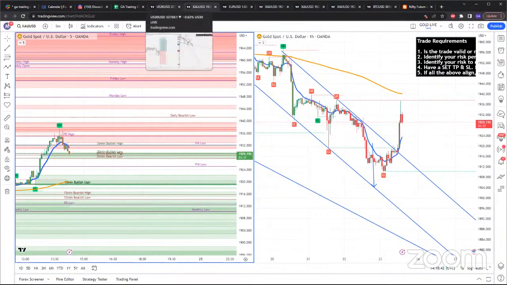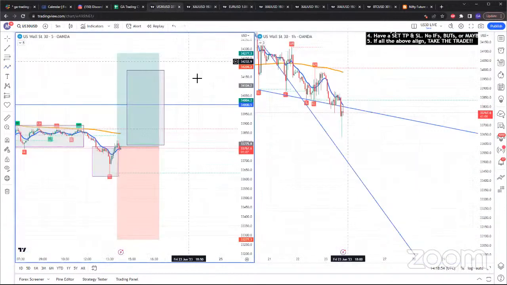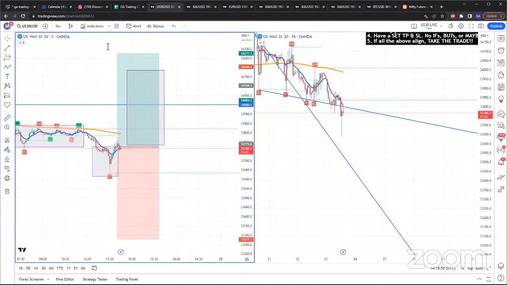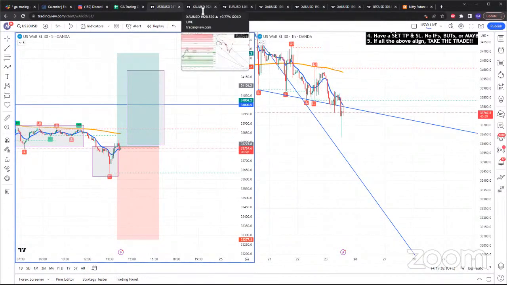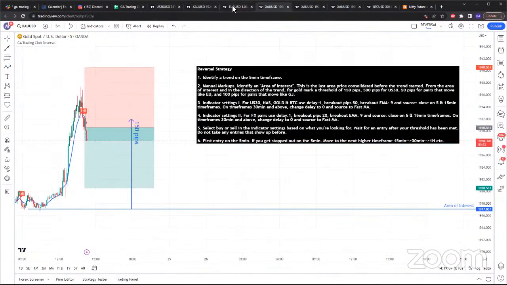So that's a question. So the target for this trade, the target for the sell, so this is a valid trade. Valid trade for me. I just have room for one more trade, so this is why I'm not even taking any other trade, because I'm already down close to 2% for the day, so I just don't want to hop in on multiple trades. But this sell right here based on the reversal is a valid sell on gold.